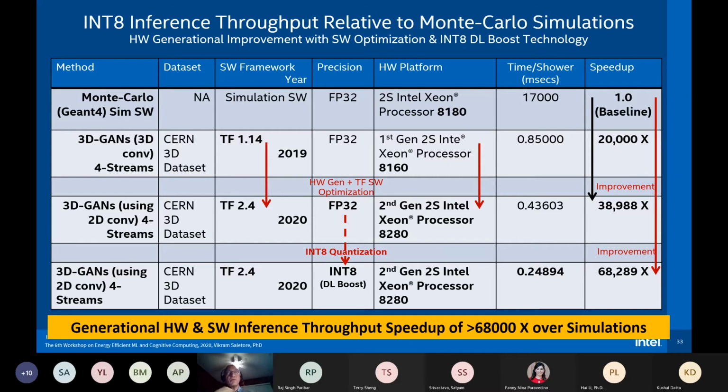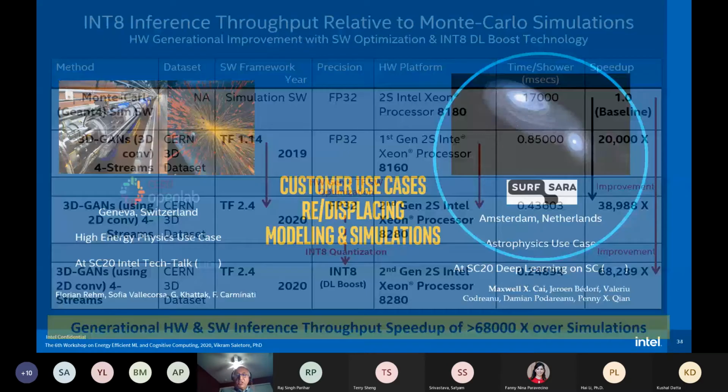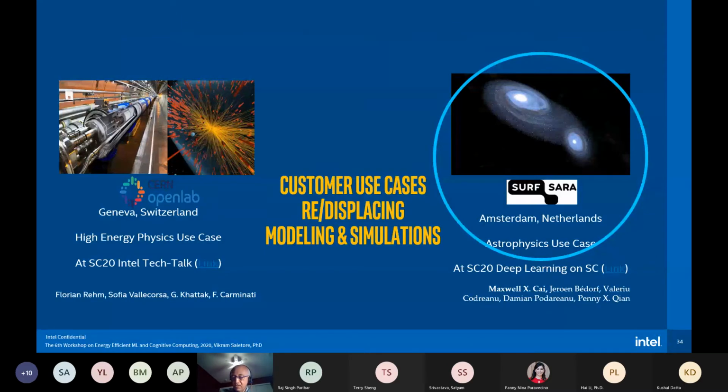So what does this mean? What this means is that CERN doesn't have to generate data using Monte Carlo simulation. They can actually now generate on the fly. They don't have to store it. They actually have to generate at this improved inference rate. In a sense, for this detector, it's trying to reduce or eliminate the HPC simulations. So the last one is on